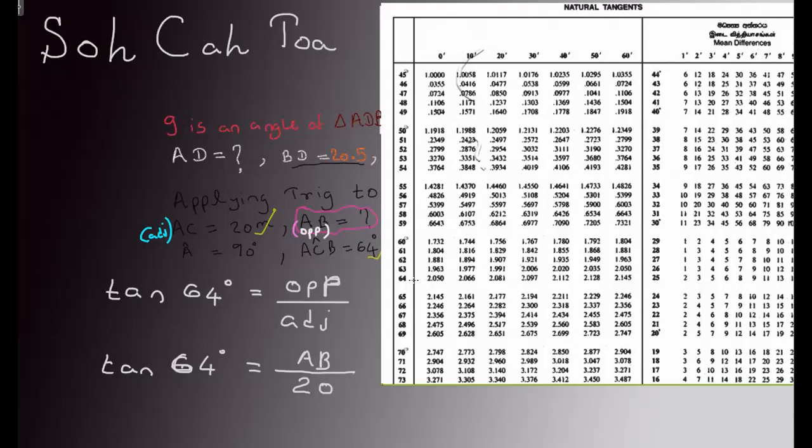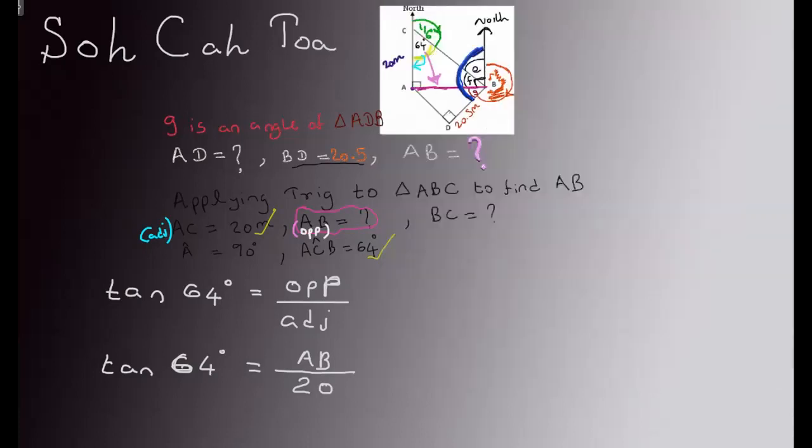So what is in the 64th row, 0th column? It is 2.050. So that is to be used in the place of tan 64 degrees. 2.050. So let's write it. In the place of tan 64, we'll be writing 2.050 equals